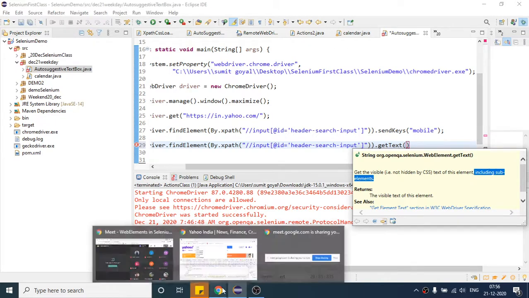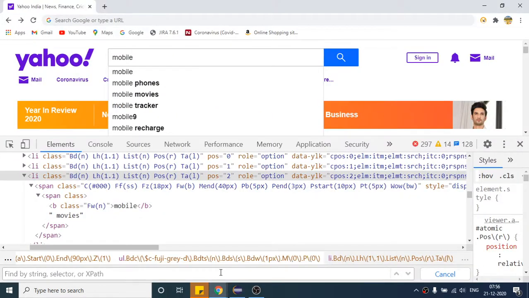This is the property of this method. All these are sub elements of this line, so it will get the text of the sub elements as well. You do not have to write the XPath or CSS till the inner part, you can simply write XPath till here only. So this is one point.